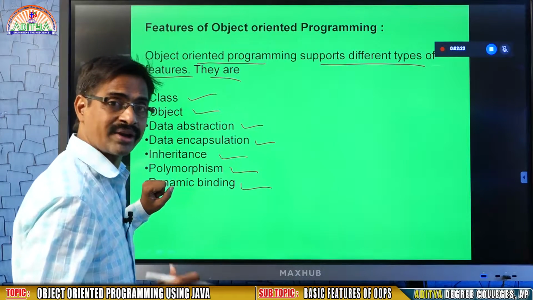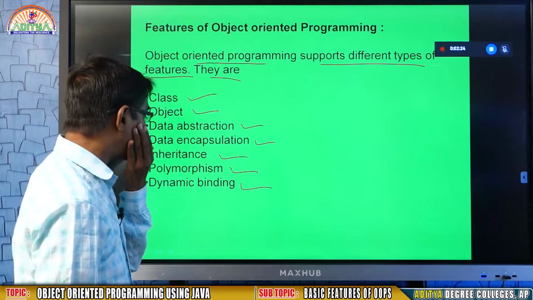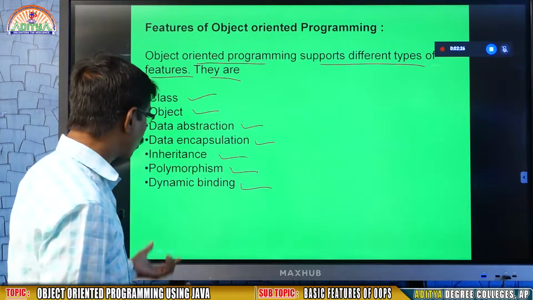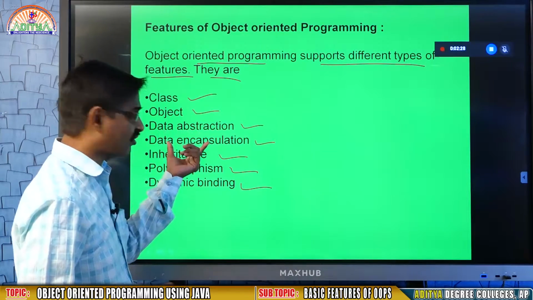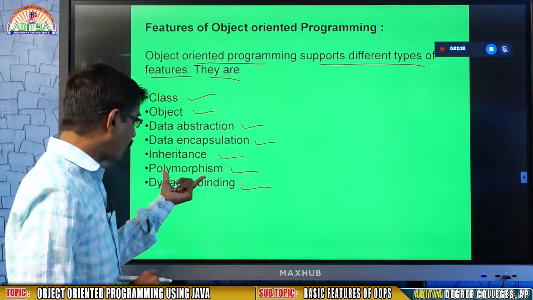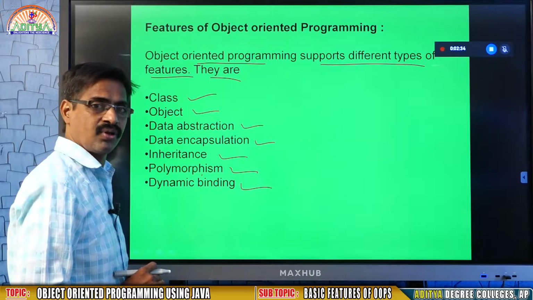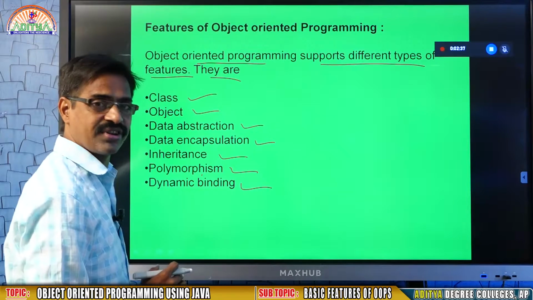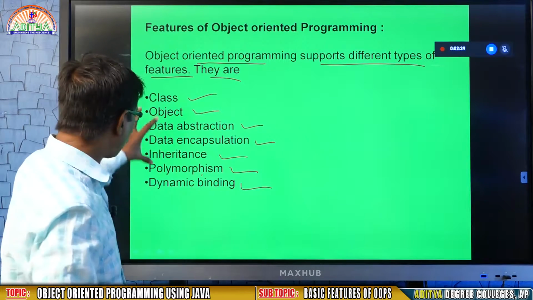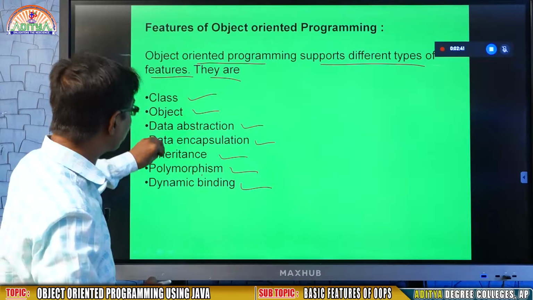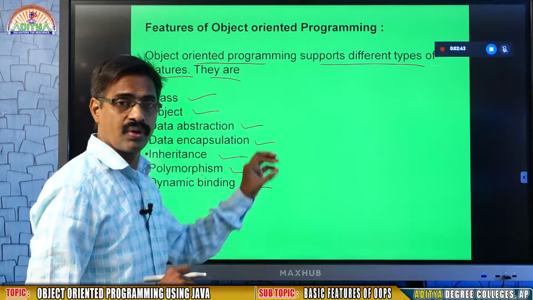When you attend campus days or interviews, they are going to ask you: what is the difference between data abstraction and encapsulation? What is polymorphism? What is inheritance? What is class and object? All these terminologies are very much important in object-oriented programming.